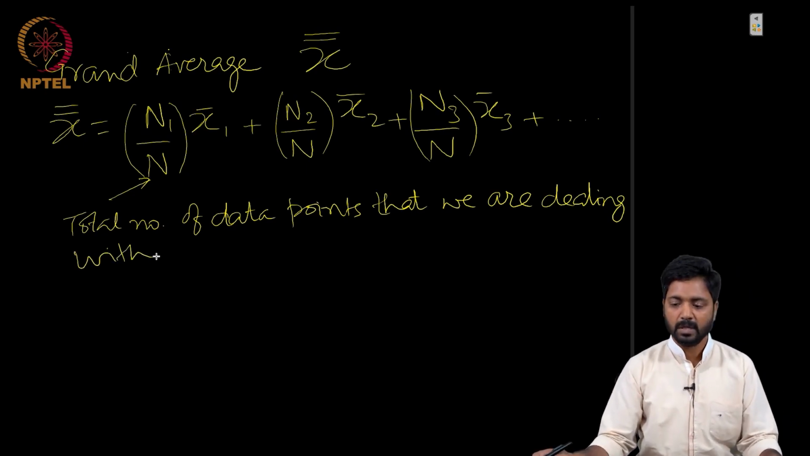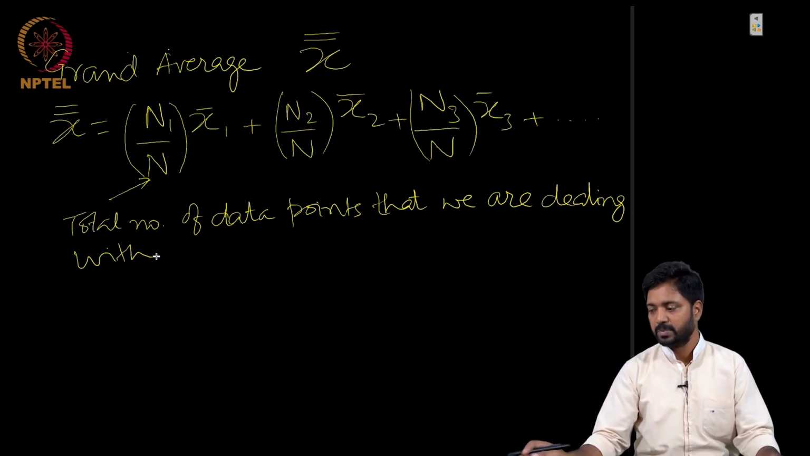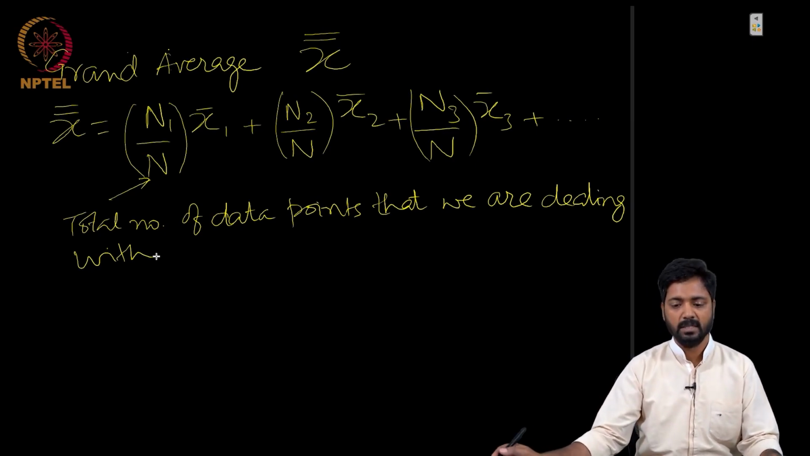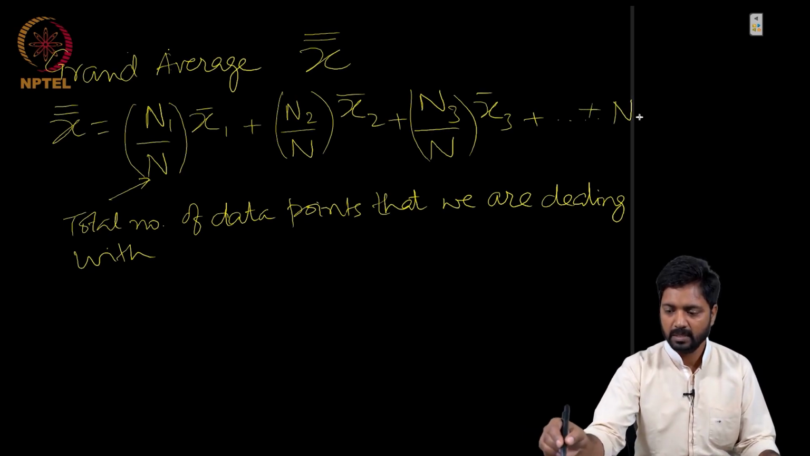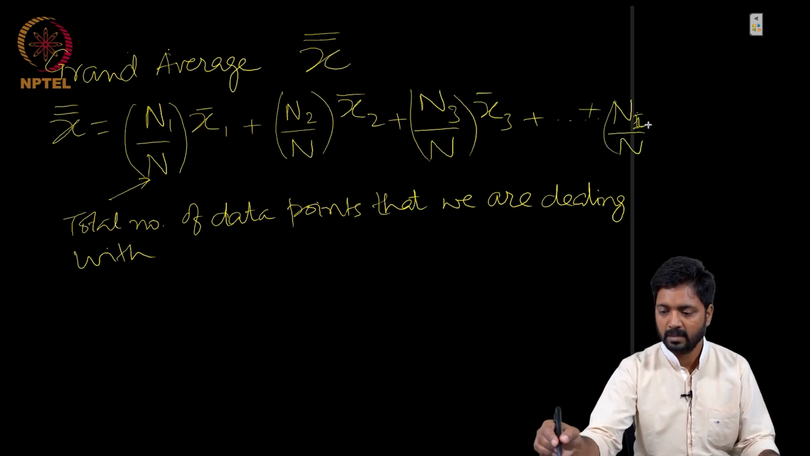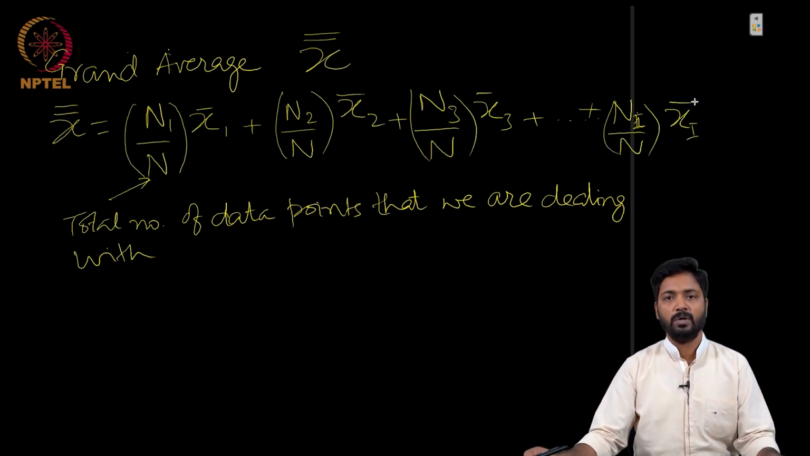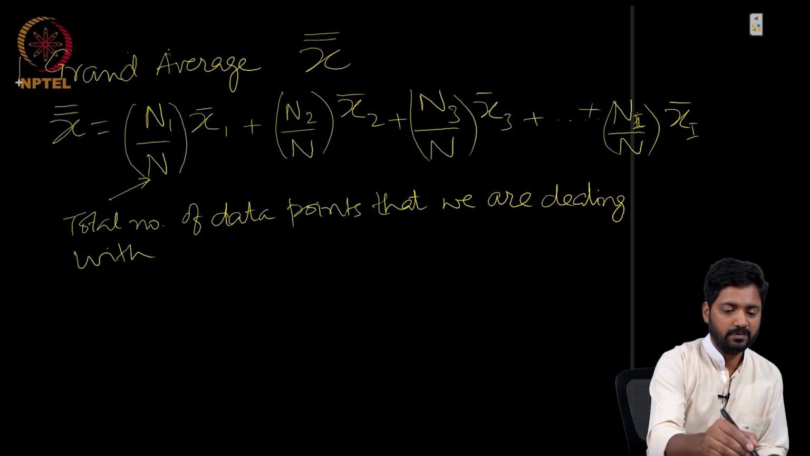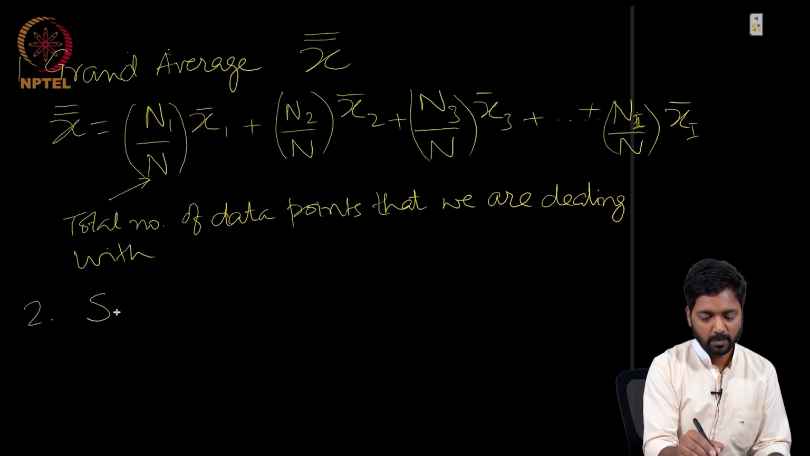So we keep doing this. As you can see, each of these is a weighted average, weighted in terms of the number of data points within individual samples. So we calculate the grand average, and towards the end this would be Ni by N into xi bar. With this, we calculate our grand average, and the second part was the sum of squares